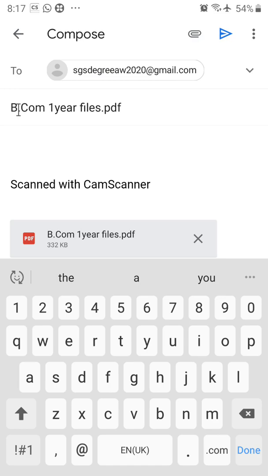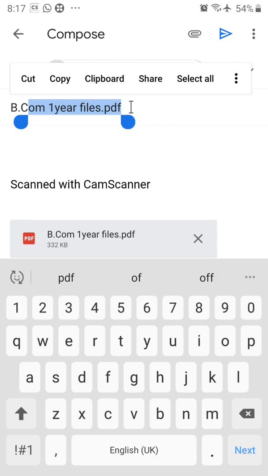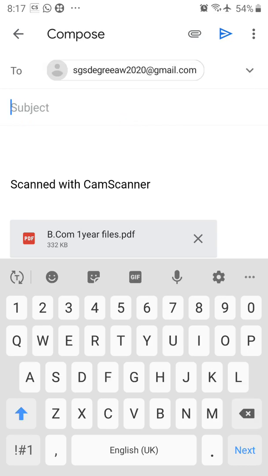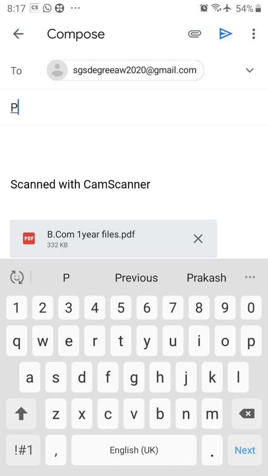Okay friends, you can change this folder name. Now instead of this one you can type your name. Suppose my name, I will put here PM Chowgala. Got it.